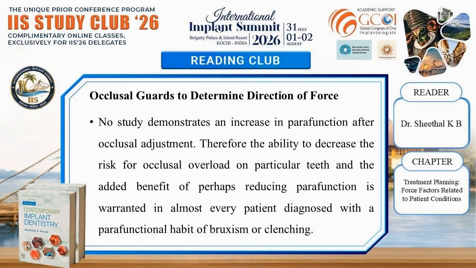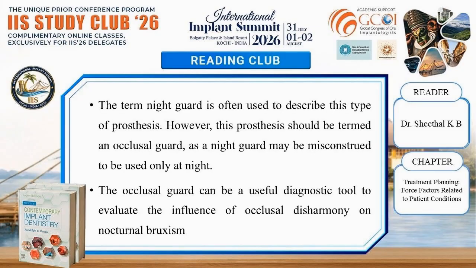No study demonstrates an increase in parafunction after occlusal adjustment. Therefore, the ability to decrease the risk for occlusal overload on particular teeth and the added benefit of perhaps reducing parafunction is warranted in almost every patient diagnosed with a parafunctional habit of bruxism or clenching. The term night guard is often used to describe this type of prosthesis. However, this prosthesis should be termed an occlusal guard, as a night guard may be misconstrued to be used only at night. The occlusal guard can be a useful diagnostic tool to evaluate the influence of occlusal disharmony on nocturnal